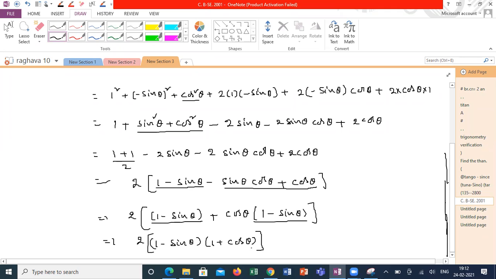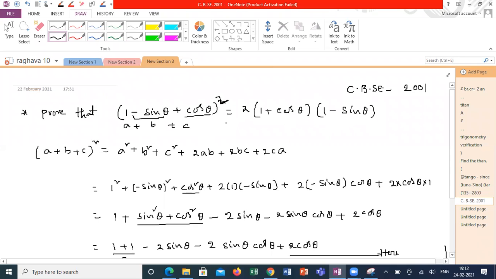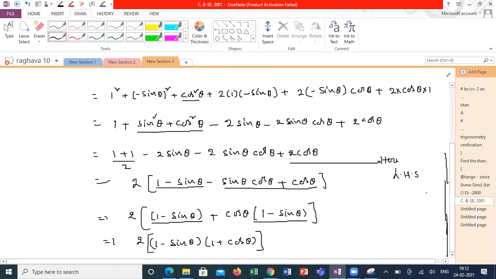This is one method. Another method is you solve up to here. This is your LHS. And you expand this one. You will get the same value as LHS. Got it? These are all 3 marks questions, they will come if they are willing to give. It's a logic based question. Integration of algebra.